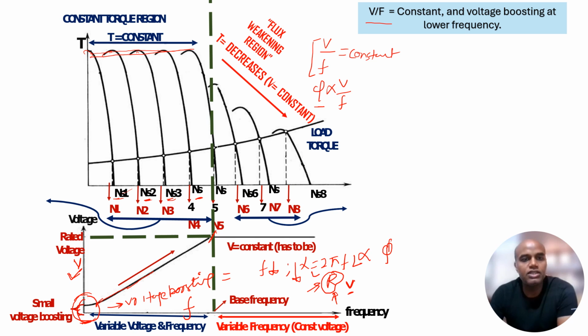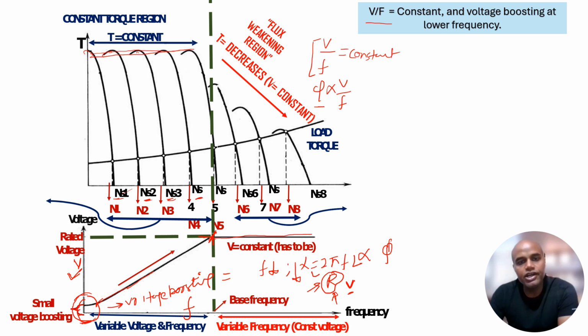Why? If I further increase the voltage beyond the rated voltage capacity of my motor, it may burn the winding insulation. So there is a limitation that I can only increase the voltage up to the rated voltage capacity of my motor. Once we have reached the rated voltage, we cannot further increase the voltage, but we can increase or decrease the frequency. So after the rated voltage,